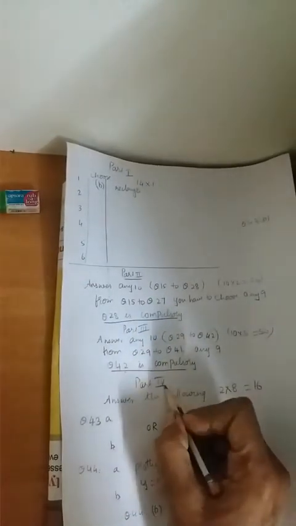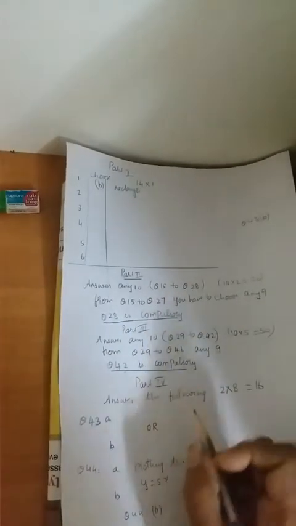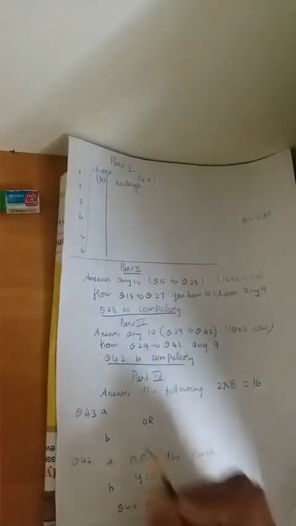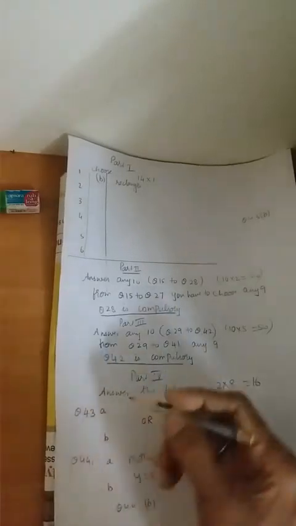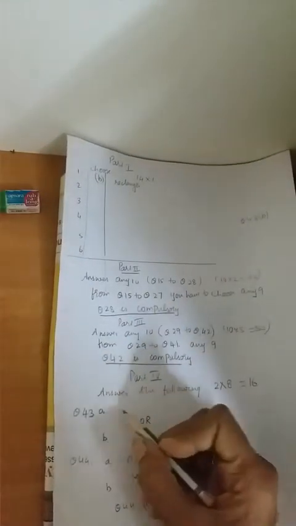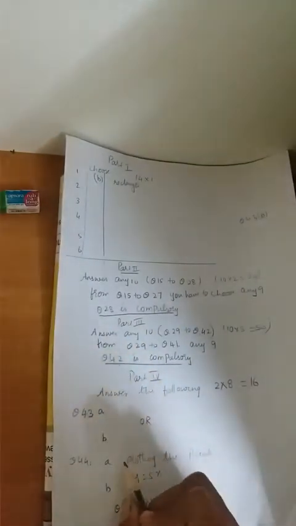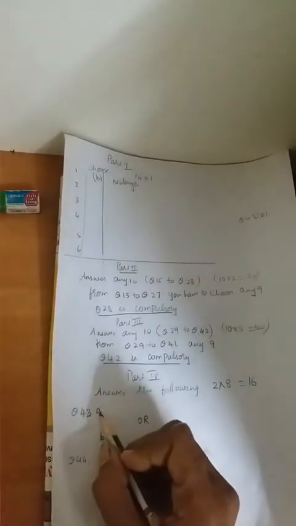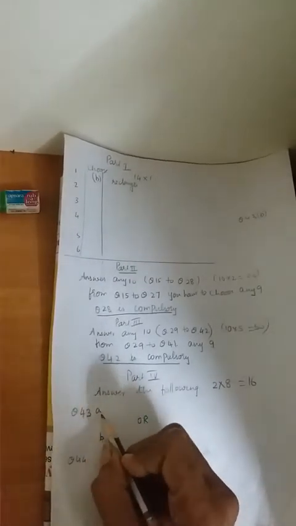Now the last part you have is part 4. In part 4 you have practical geometry and graph. First will be the practical geometry, A part and B part. Whichever part you know best, that you do. If you are doing B, you write question number 43 B. If you are doing A, write question number 43 A.